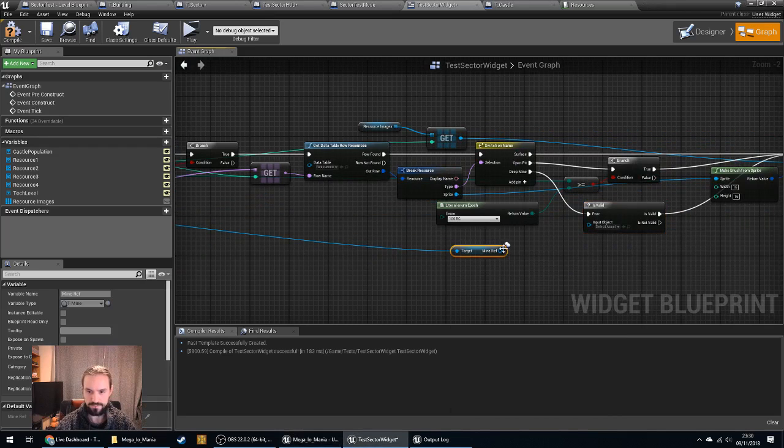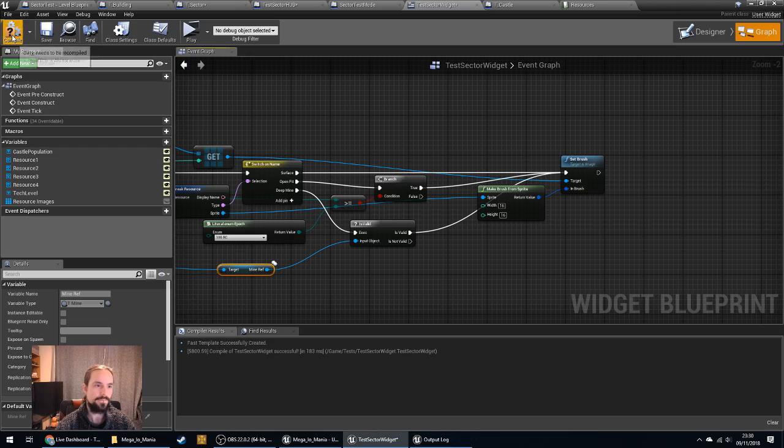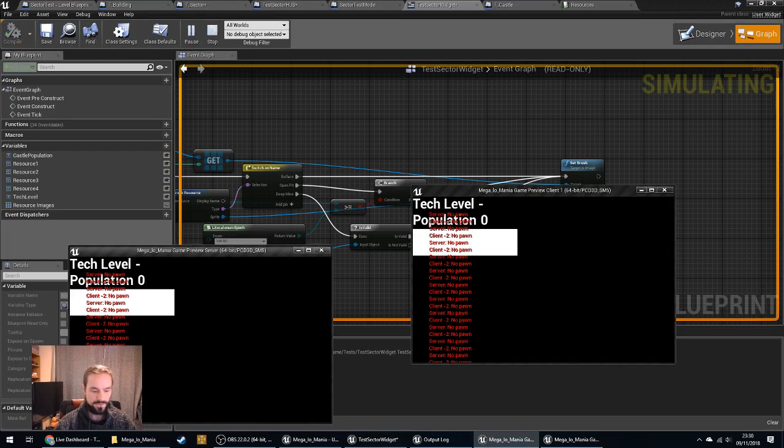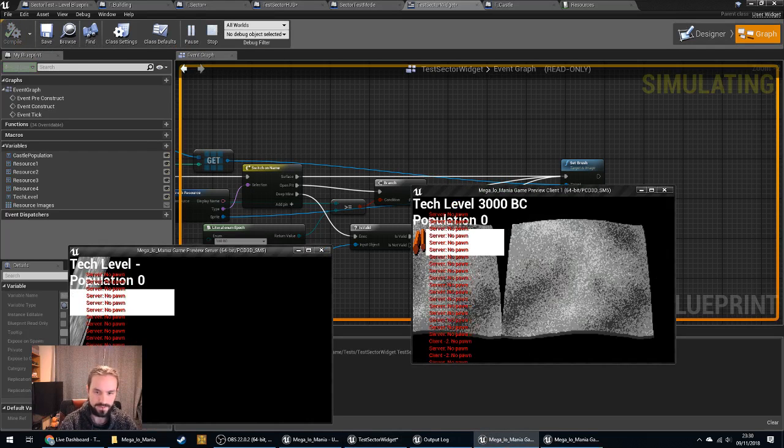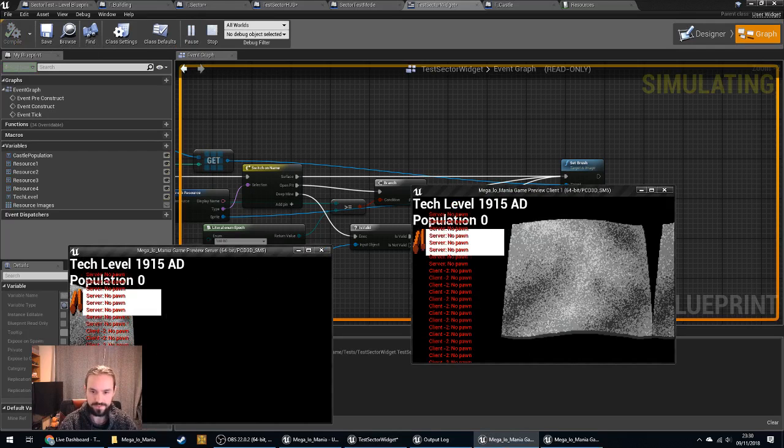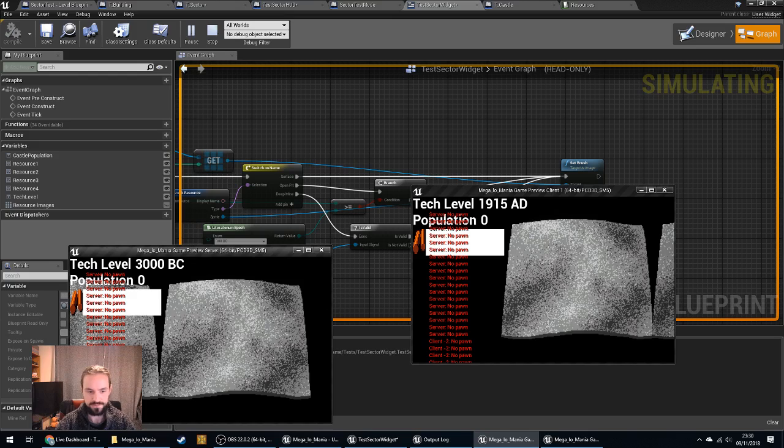So we can get mine reference and pass that in there. So, create two sectors, possess them until they're both possessed. There we go. We'll select the areas clear. In this case, they're both sat on 300 BC. They both have the wood available. If we advance one of them, and then we build a mine,